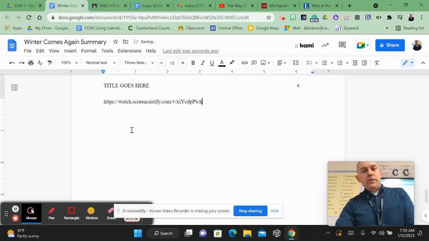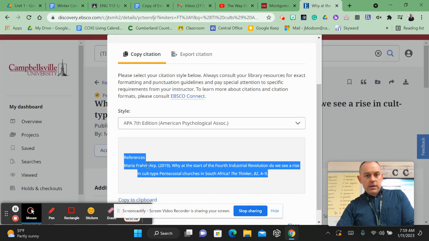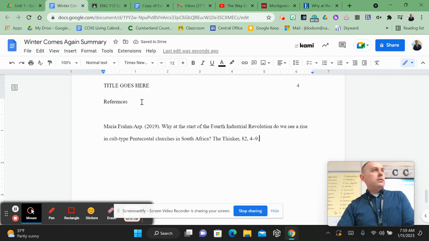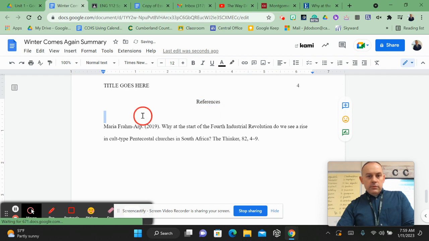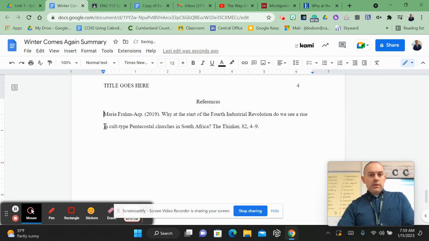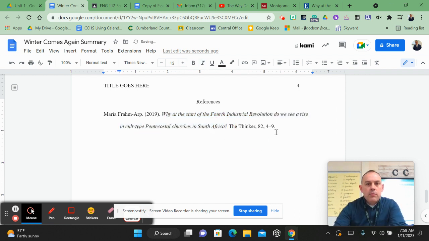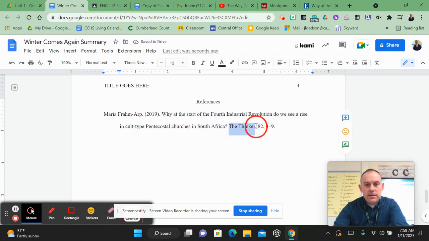No, that's not what I want. I'll do it this way. Copy, paste without formatting. Then all I have to do is make this centered, delete that weird extra space, and indent. And italicize. Oh, sorry about that. That's what needs to be italicized.